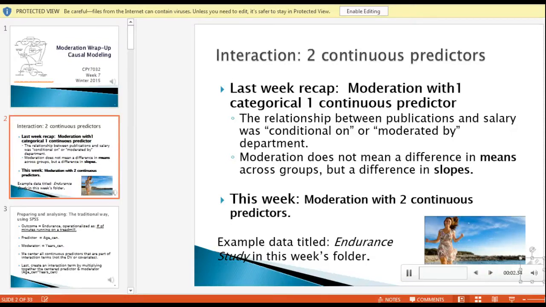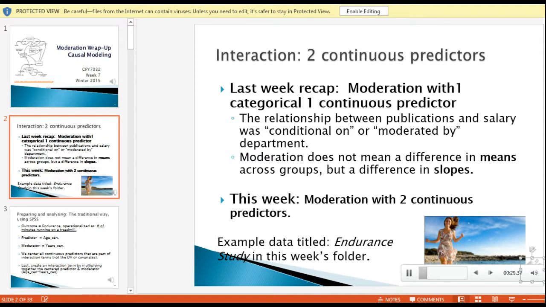Let's do a quick recap of what we covered last week. Recall that we tested a moderation that contained one categorical variable and one continuous variable and their interactive effects on a DV. We tested the relationship between publications and salary, and we predicted that that would vary across departments. So this is a case where we have an effect that is conditional on or moderated